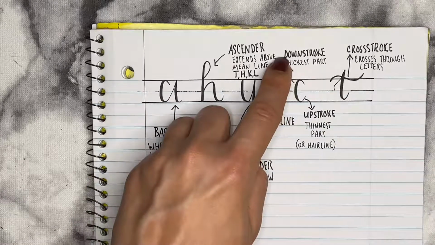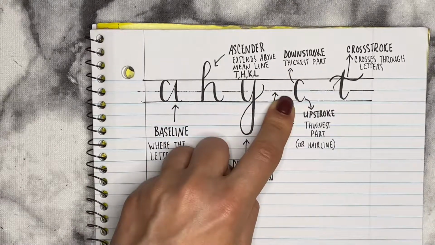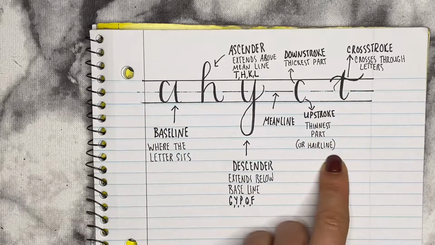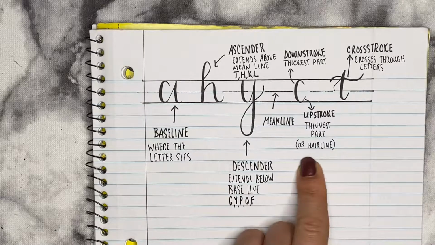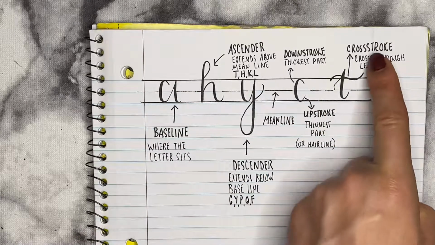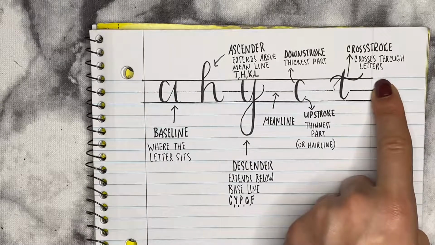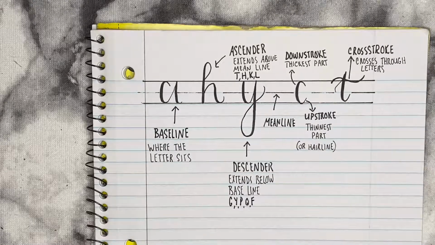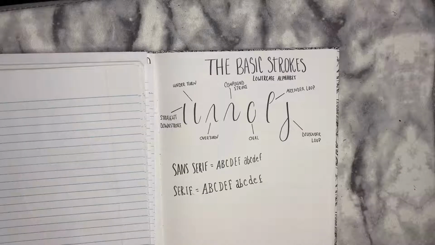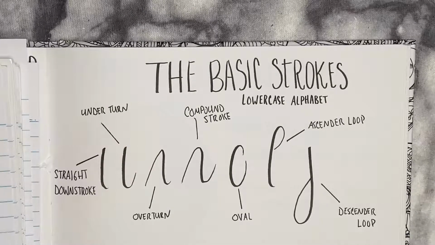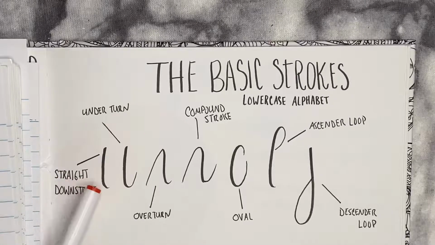A downstroke, which is the thickest part of the letters, and an upstroke, which is the thinnest part of each letter. It's also known as a hairline, but more commonly an upstroke. These are the two most important to know: the downstroke and upstroke. And you have a cross stroke, which is the line that crosses the letter T. So these are the basic strokes. It's not super important to remember the names, but this is your guide. You can create any letter of the alphabet